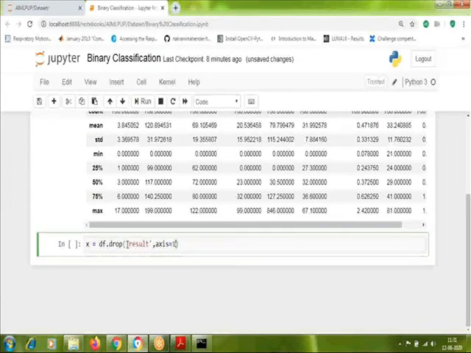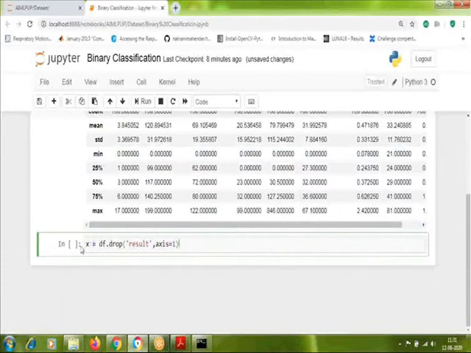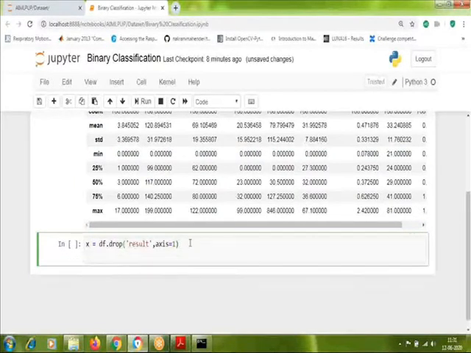This tells that except result, all other columns will be stored in X. And then we will have a variable Y as the target variable, in which we are going to have only result.